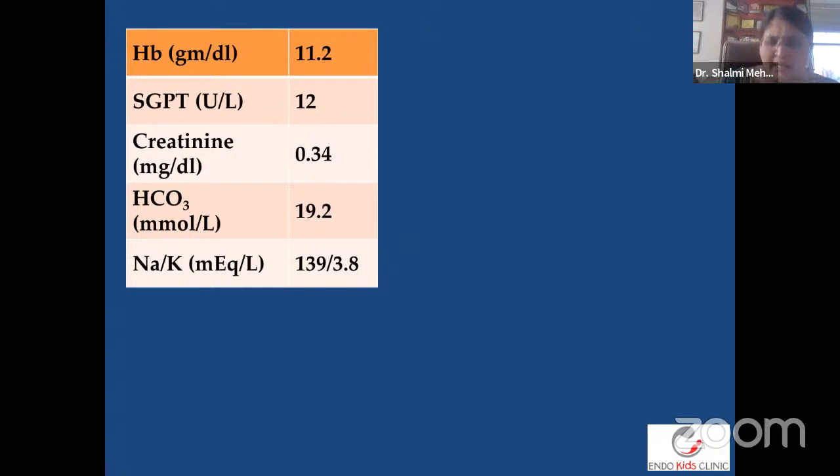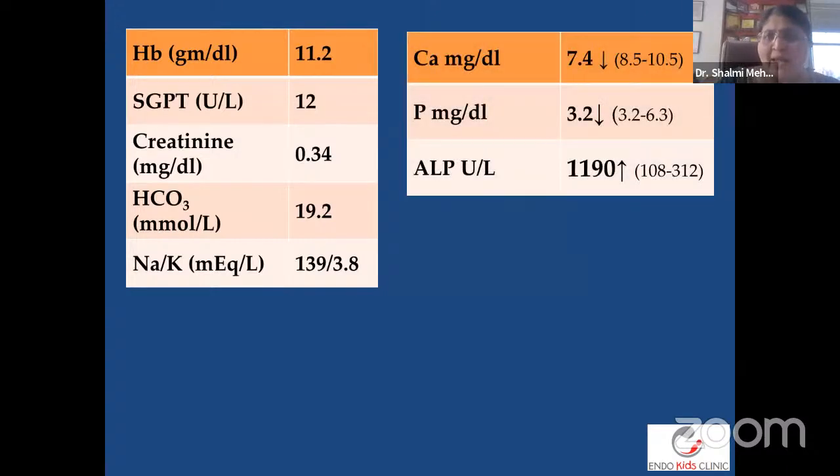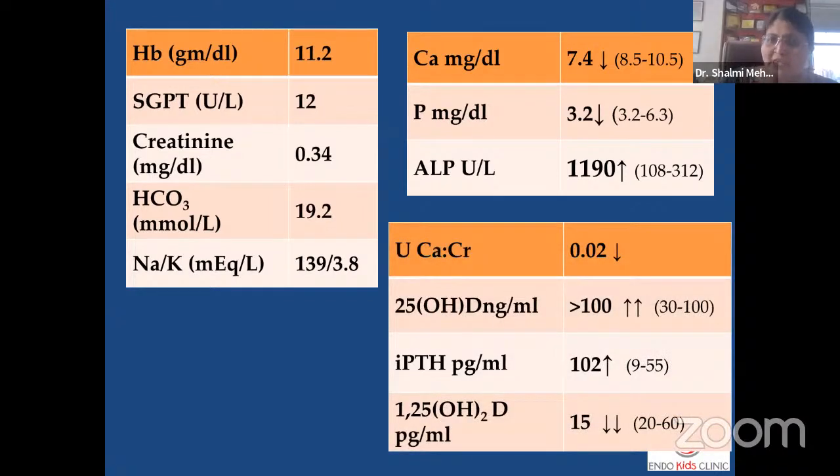So this child had reasonable reports. Now, when we looked at the calcium, it was only 7.4 milligram per dL. The phosphorus is also on the lower side, and the alkaline phosphatase is markedly raised. We did a urine calcium creatinine ratio, but the child is not losing calcium. Since this child already had a history of multiple vitamin D ingestions, we decided to investigate a bit further. So we went for the levels of 25 hydroxy vitamin D and 1,25 dihydroxy vitamin D, because we wanted to know what exactly is the cause of the child not responding. The PTH is definitely on the higher side.